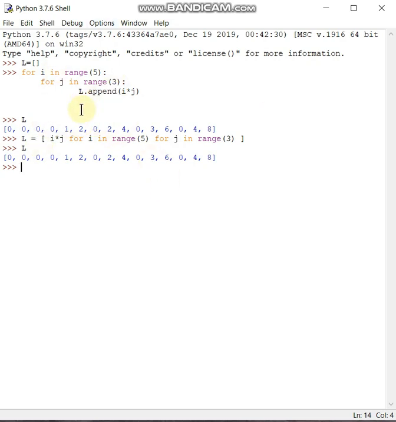So if I have an if condition along with this for loop, we can do it in the same way which we have done earlier. Let me again initialize, and I'll have a for loop. Here let me have an if condition: if I mod 2 equal to 0, for all the even values alone I want to append.